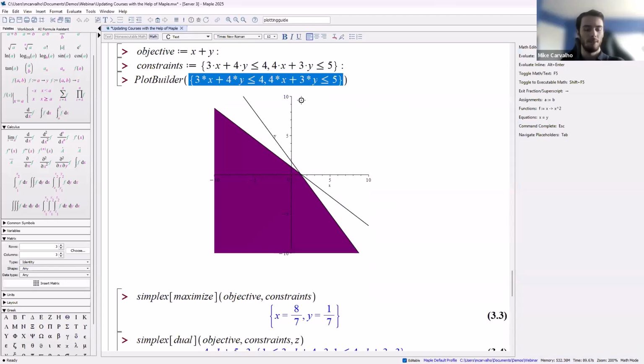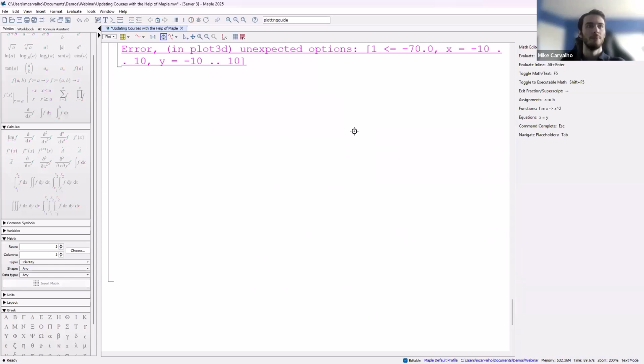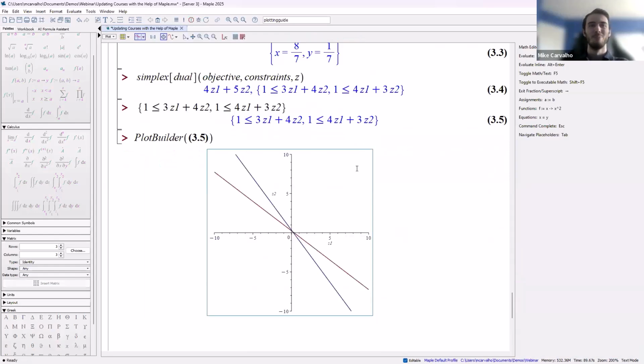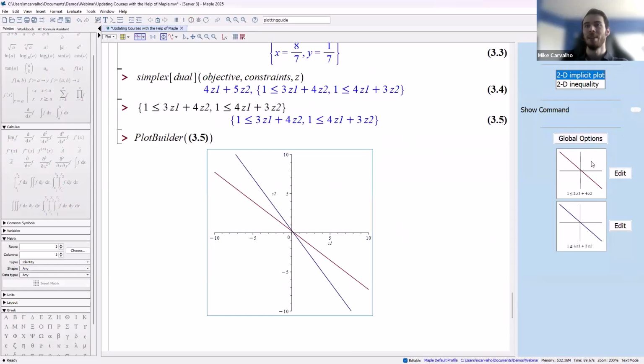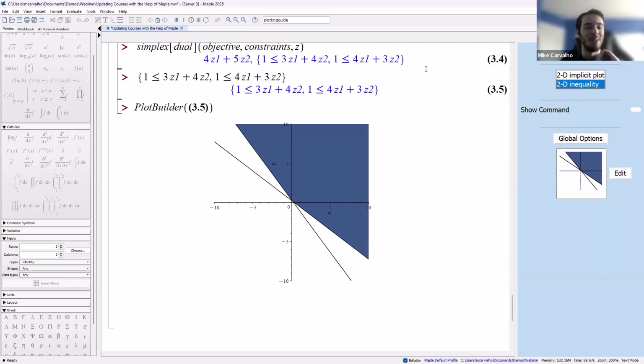So I'll copy these constraints, throw them into this plot builder too. Oh, like I said, it wouldn't be a demo unless there was at least one error popping up. But the point still stands, you can go through, you can get the command, you can expand on it, and exploring math, not only for the students, for yourselves as well. Maple is a very powerful tool for mathematics research, used all over the world, for the farthest, nichest corners of math and computation. Lots of cool work is always being done.